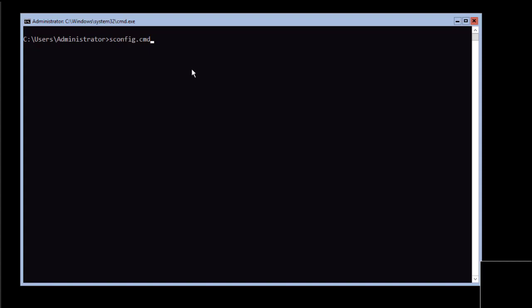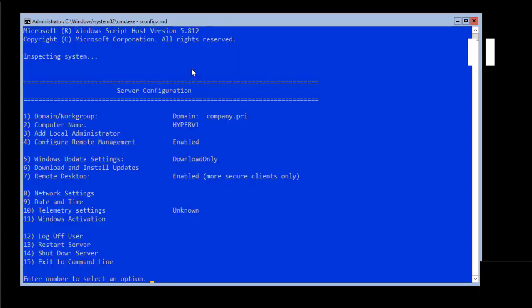The first command I will always use with my Server Core installation is sconfig.cmd. So I type this command and hit enter. It will show you some options, like your domain, your computer name, your user account administration.